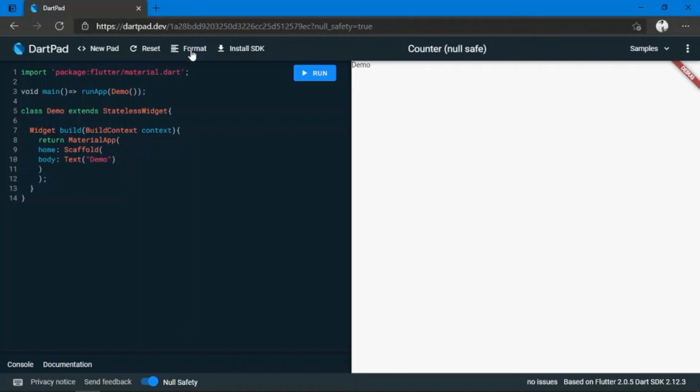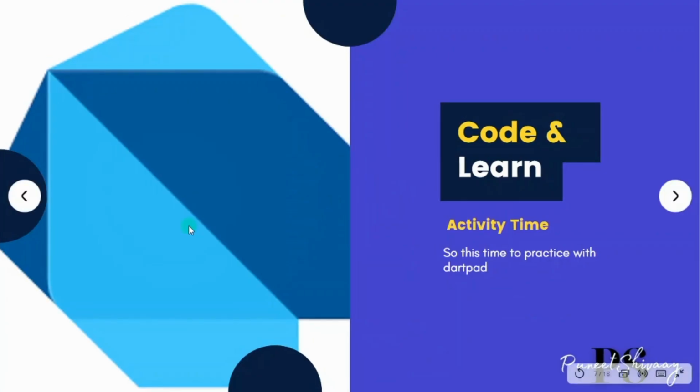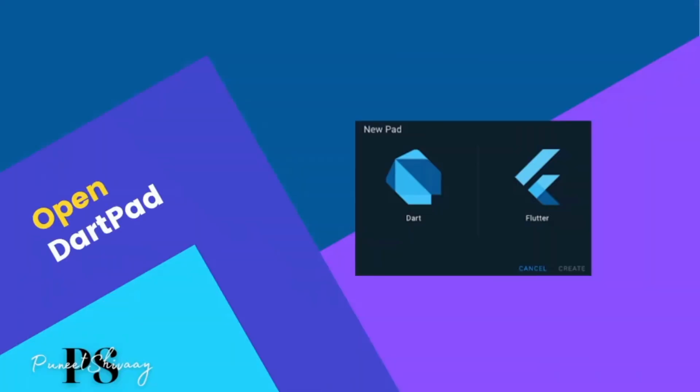One thing, I should format it now so it looks better. Okay, so it was just a basic demo of what Flutter is and how we can use it. You can see that creating a screen is very simple in Flutter. We can create a screen within a minute, so it is very easy for us. So let's go back to what we have coded. We have done it.